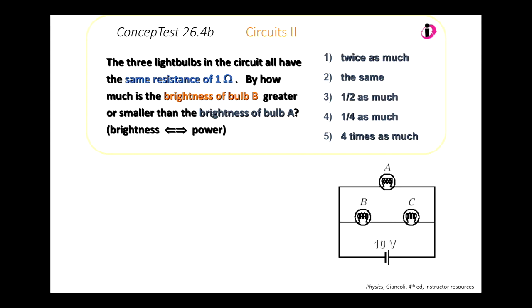All right, let's do this calculation. You should have come to number 4, if all is well. Notice there is a 10-volt potential difference across this one, which if we were to calculate the power for A using I squared R,